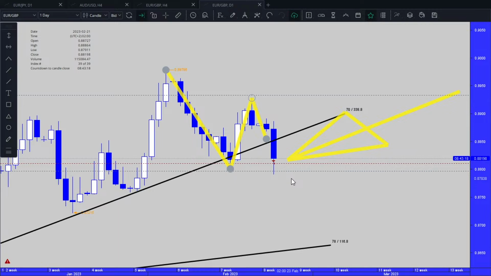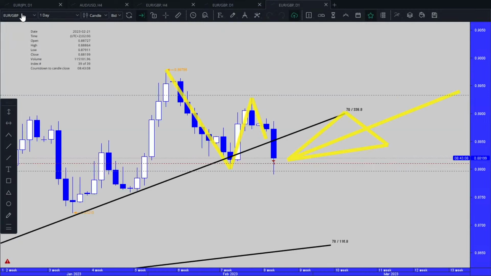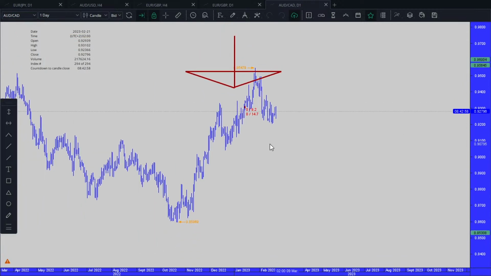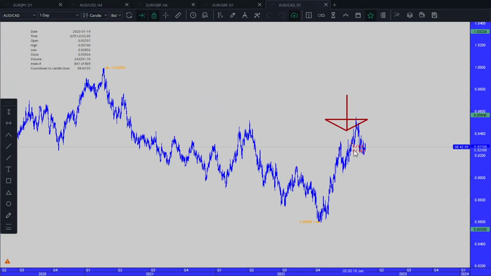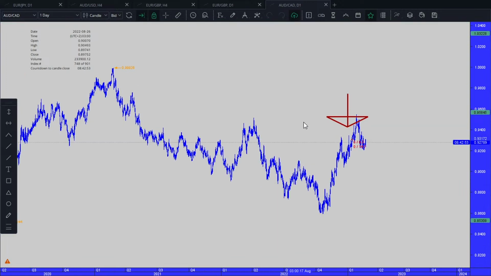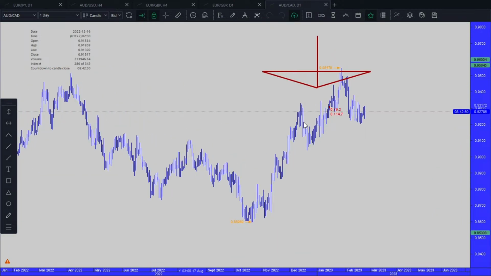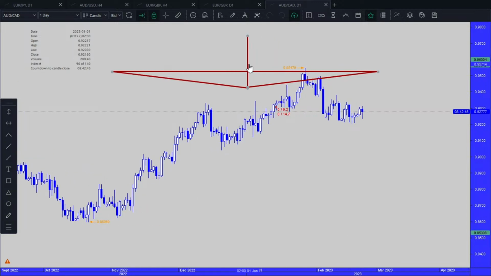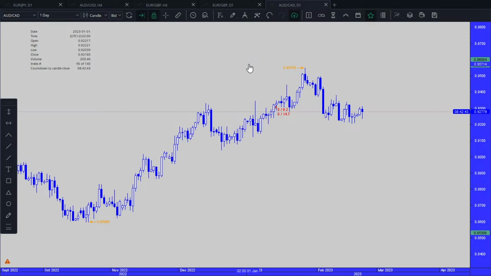Anybody else on Euro GBP? Nobody. Alright, so what did we say? Clone chart. Let's AUD CAD, right? We had news announcement out of Canada this morning, everybody. AUD CAD daily chart, long or short? AUD CAD daily chart, everybody. Long or short? Let's see how smart you are. Not right or wrong.